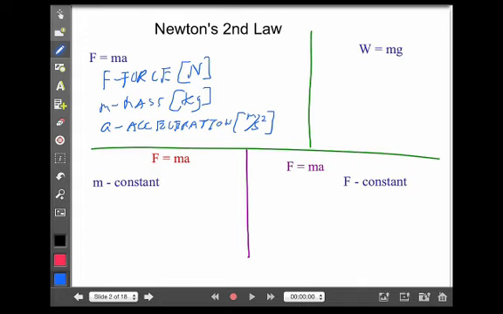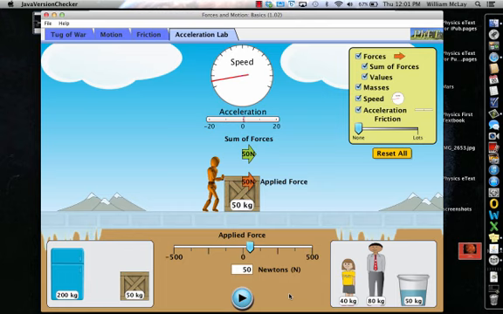Now, what that says is that it only takes 1 Newton of force to accelerate 1 kilogram of mass at a rate of 1 meter per second squared. But now let's look more specifically at what Newton was saying with this law. Let's break it down. Newton's second law of motion begins with the fact that the acceleration of an object is directly proportional to the amount of force applied.